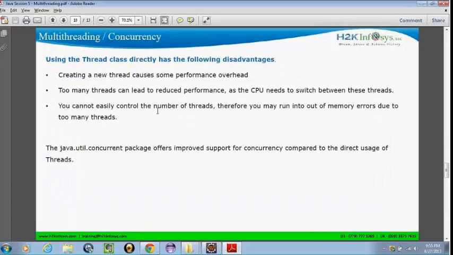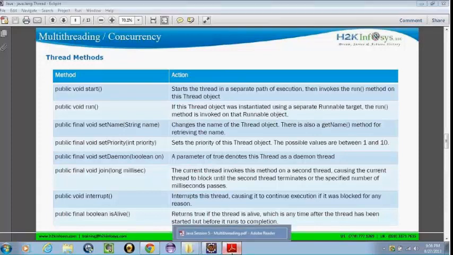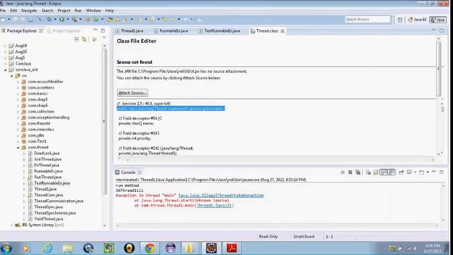So, are you clear on the different states of a thread and the two ways of creating a thread? Extending the thread class and implementing the runnable interface. In either case, a thread is always an object of java.lang.Thread. Even when we implement the runnable interface, we create a runnable object and pass it to the thread constructor.